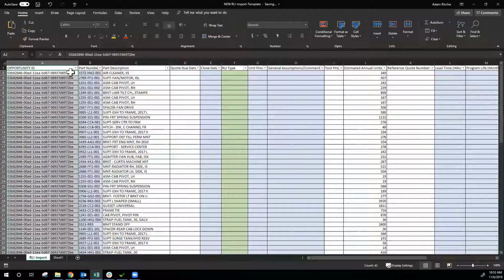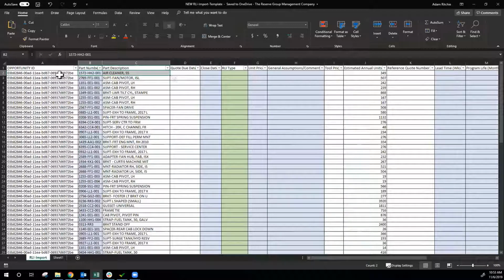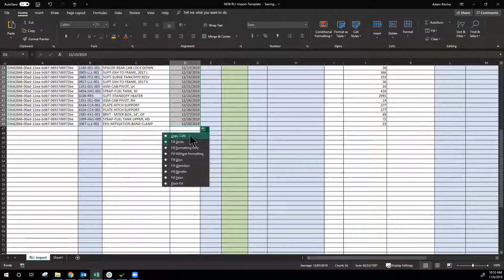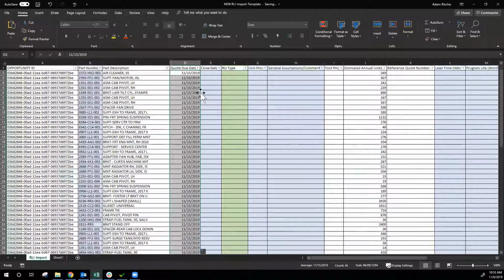One thing you have to make sure is that it doesn't fill in a series and that all the numbers are the same. So again, that ties these opportunity or these revenue line items to this opportunity. The quote due date on this particular one, I believe, was 11/15, so 19, and we can copy that one down. So I'm going to drag it down. You can see it's going to fill in the series. When it does that, you can pick on this button right here and actually hit copy cells, and it will